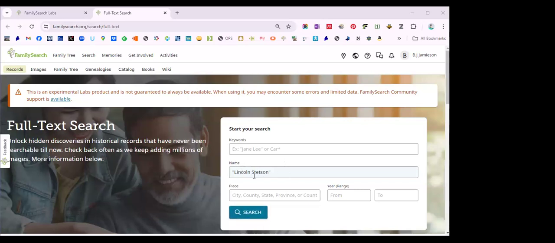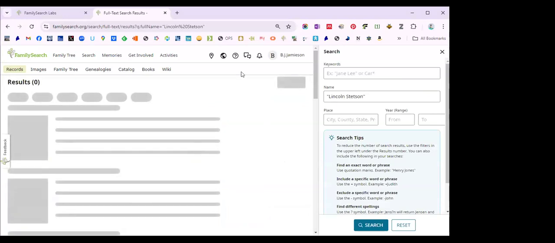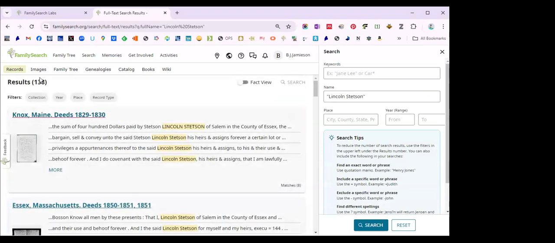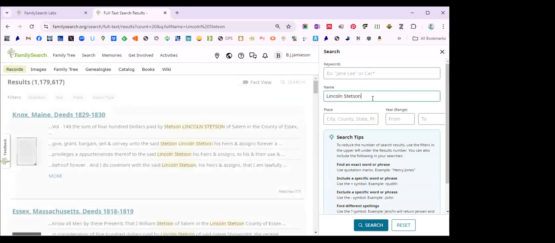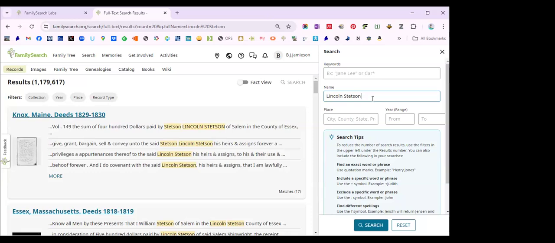And I've put it in quotes because Lincoln is a name that's often geographic as well as a first name or a surname. And I'll show you the difference here. So with this in quotes, I get 138 results. If I take the quotation marks off, we get over 1.1 million results. So you can see why I want to at least start out with the quotation marks and see what I get for him. And what's really interesting on this one,